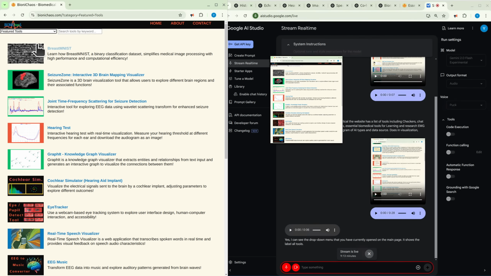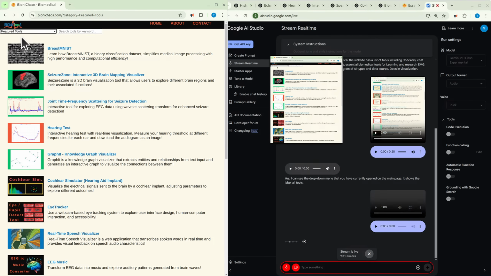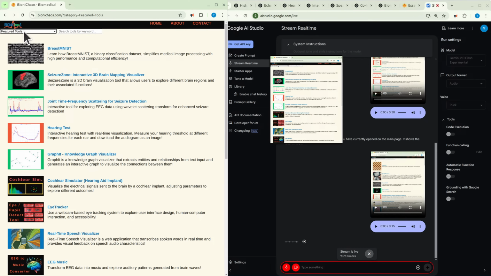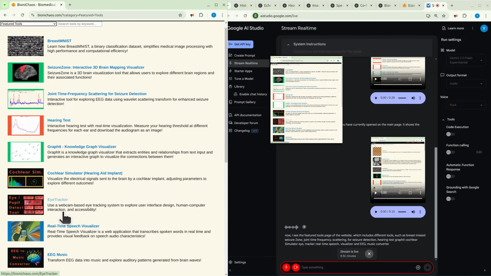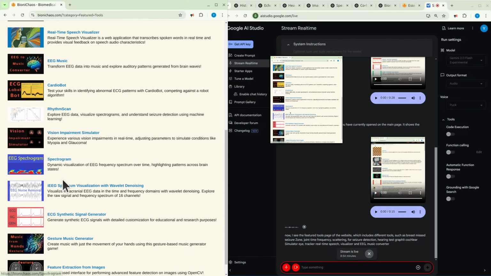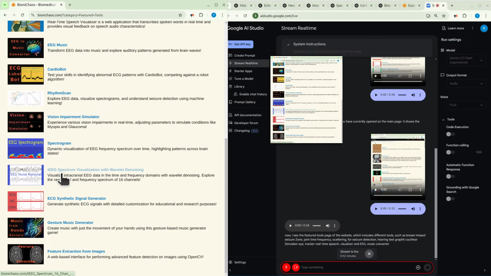And how about now? Now I see the Featured Tools page of the website, which includes different tools such as Breast Mist, Seizure Zone, Joint Time Frequency Scattering for Seizure Detection, Hearing Test, Graphit, Cochlear Simulator, Eye Tracker, Real-Time Speech Visualizer, and EEG Music Converter. I scrolled down the page.